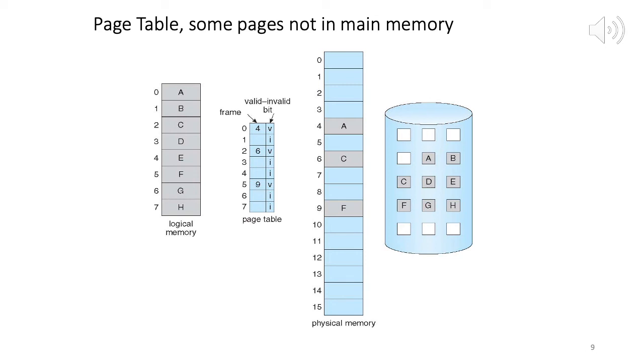Here we are showing a process that is partially in memory. 3 out of 8 pages are in memory. The way we do that, we already discussed. To bring a page into memory, we have to find a frame for it, load it into that frame, and then change the page table entry. So for page 0, the base address of frame 4 has to come. I hope this is clear, right?